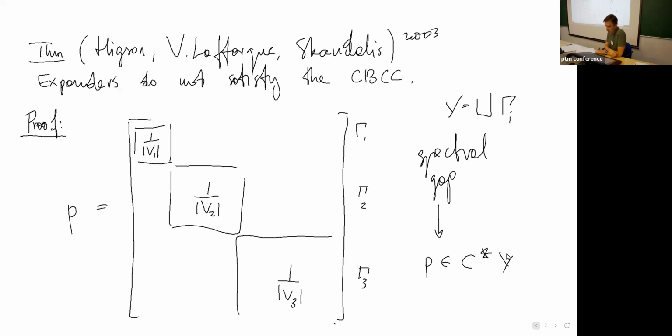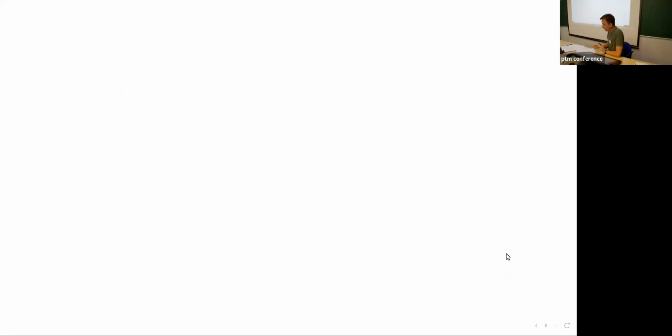So that's how they show that this projection gives rise to a K theory class that does not live in the image of the coarse Baum-Connes map. Okay, so